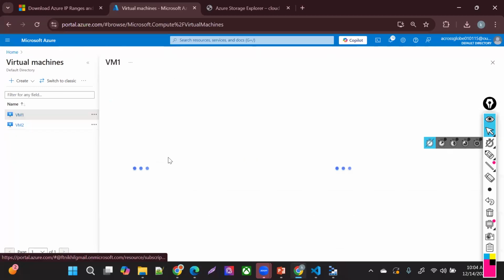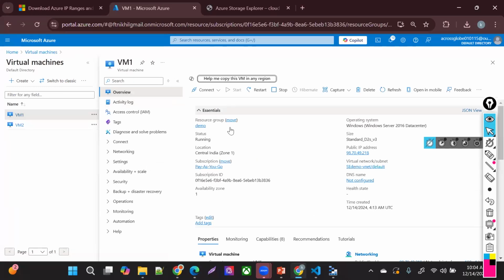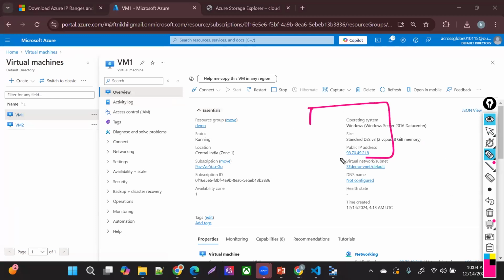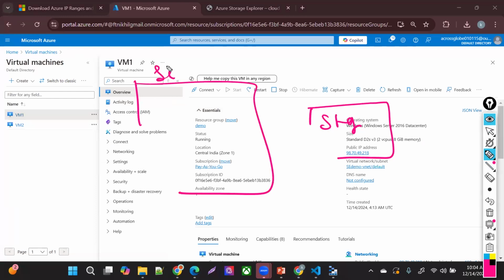I'll take that. But now, the architecture which we discussed, right? Previously, if you remember, I created one storage account here, the demo QT storage account. And then this is the VNet which I created here, SE VNet demo.